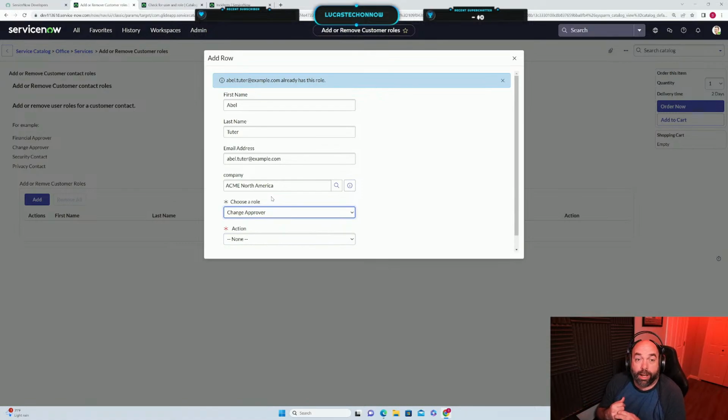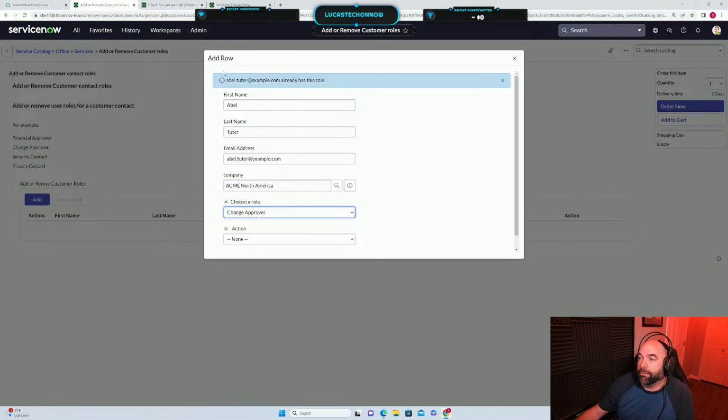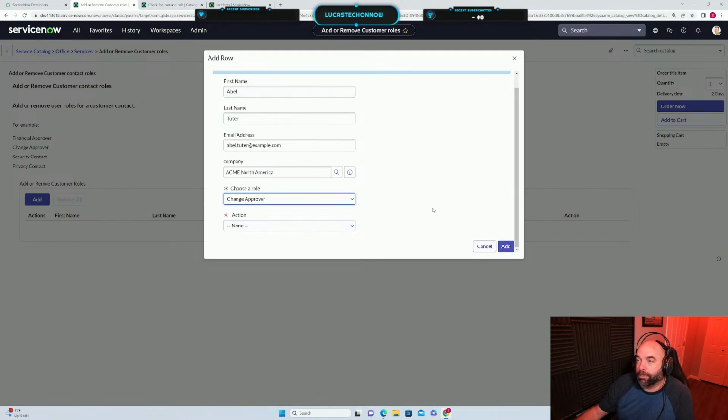Yeah. So what we've done is we have a client script, a catalog client script, that's running on change of the role. And what we're doing is we're sending that back to the server side to do some validation with this user to see if they already have this role. There's no reason to add this user if they already have the role. So this is kind of the first level of data validation that we're doing in this particular example that will allow us to let the user know, like, hey, no reason to submit this one. They already have it. Click cancel, move on your way, or